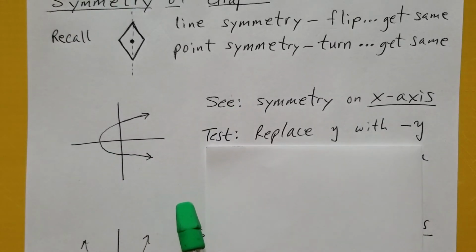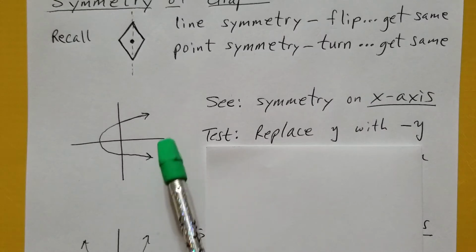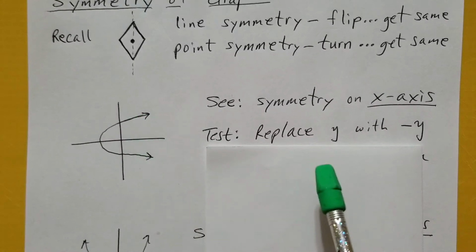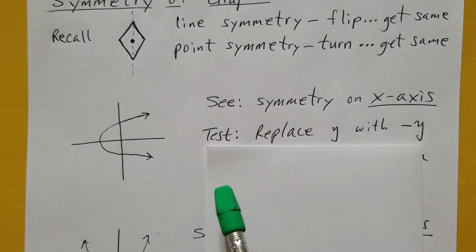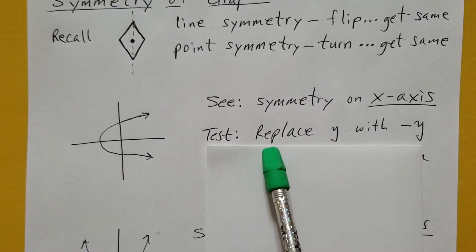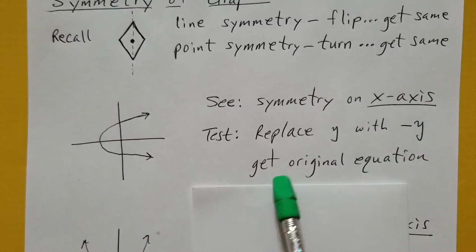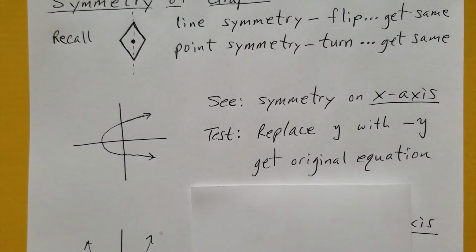But if we want to test it, then we need to look at the equation that goes with this. And we'll do this later when we get to the example. Just write this down. The way you test it is you replace y with negative y, and you're going to get the original equation back. You'll see that in action when we get to the example. Let me just show you the three possible